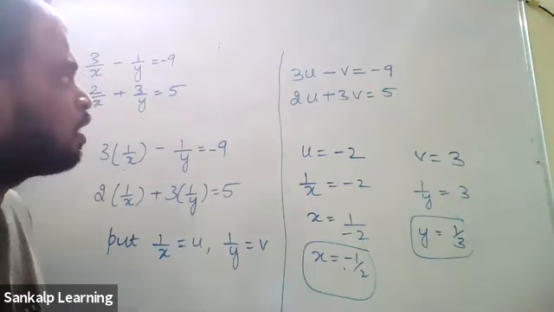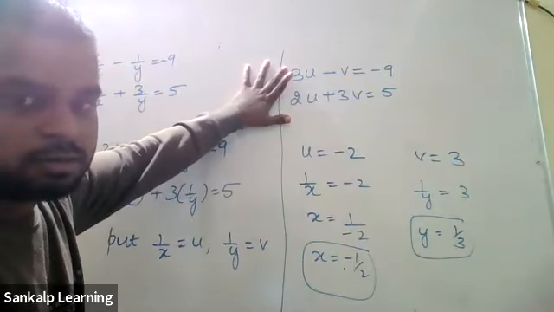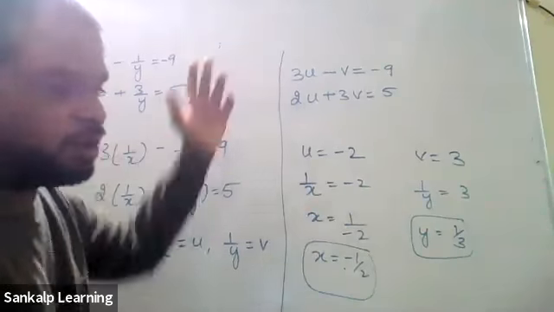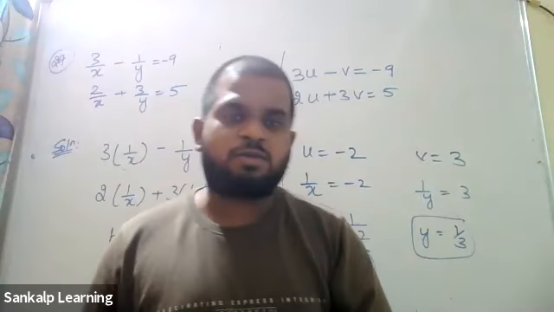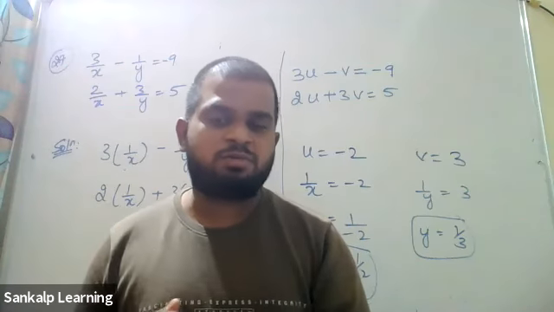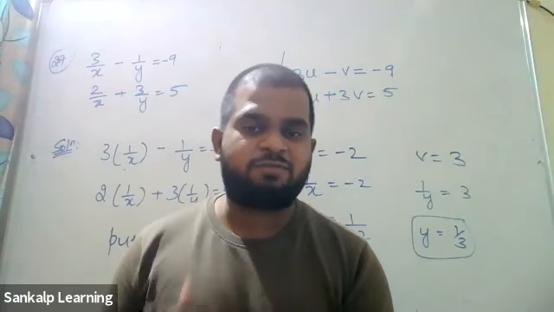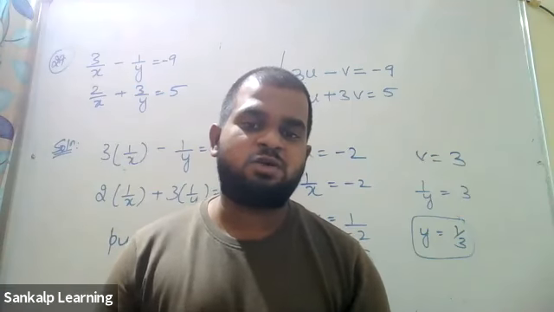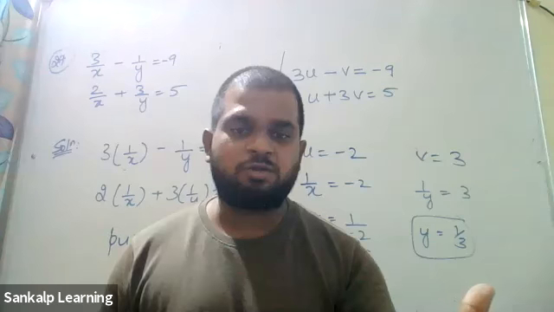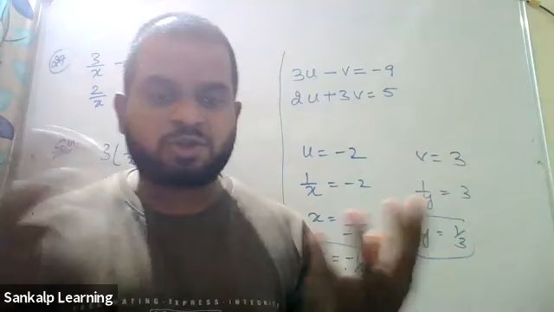No, sir. Why are we not directly subtracting here? If you subtract, u will not get eliminated. Why? Simple. For example, suppose you have 5 chocolates. How much chocolate should I take from you? Subtracting is nothing but taking away, right? So how much chocolate should I take from you so that you end up with 0 chocolate? 5, all the 5, right? So what you have and what you lose should be the same quantity. 5 chocolates must be subtracted.